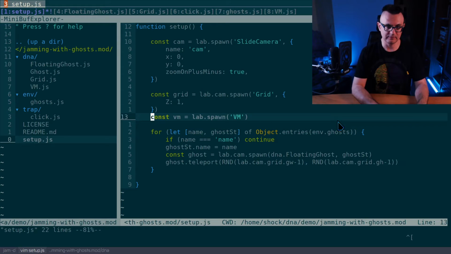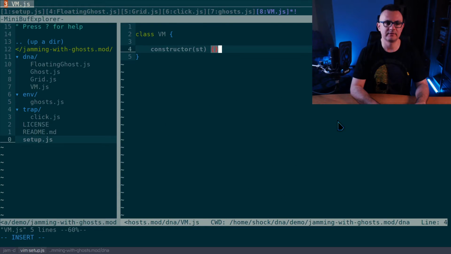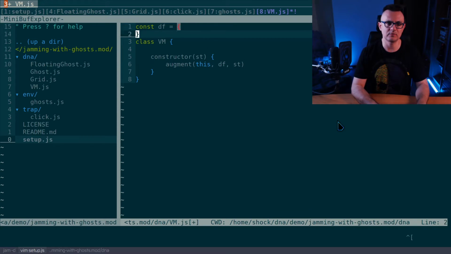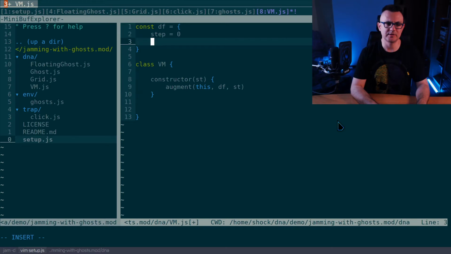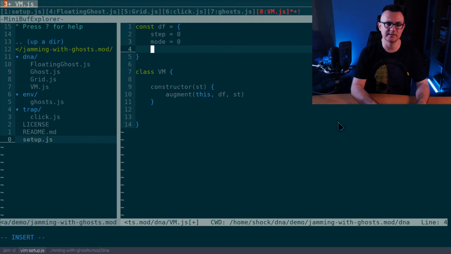We are creating VM, and now VM is gonna have some defaults, definitely the same. Now these defaults and state, and we need to define defaults. Defaults gonna be like step 0. It's also gonna be execution mode, let's see, 0, and